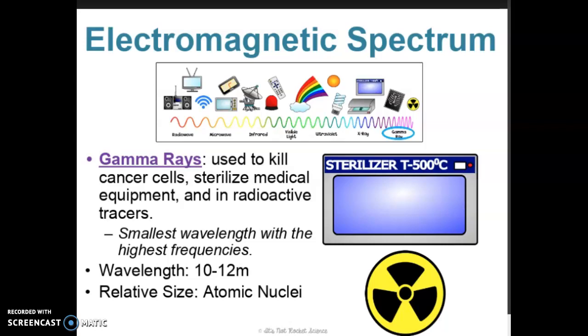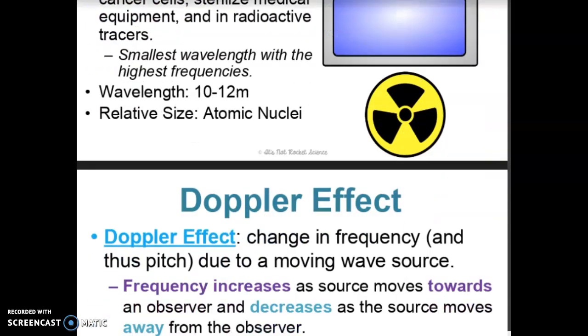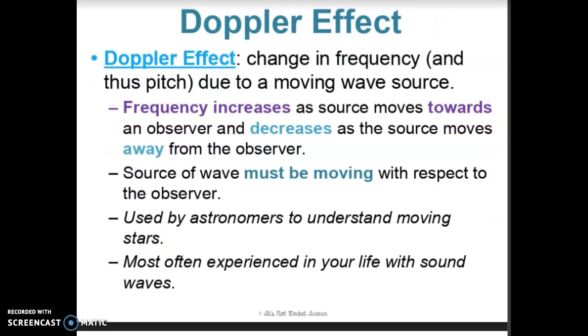Now, we're done talking about the electromagnetic spectrum waves, but we need to talk about the Doppler effect. So the Doppler effect is super cool. Ambulances use it. Police officers use it. It's any of those sirens that you can hear from the back of you, but when they pass you, it's much quieter, which is normal. It's basically the opposite of everything else you've ever heard, which is super cool because it changes frequency as it moves. So frequency increases as it moves towards the object, and it decreases as it moves further away.